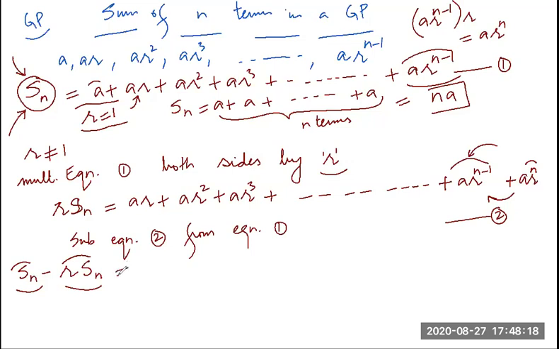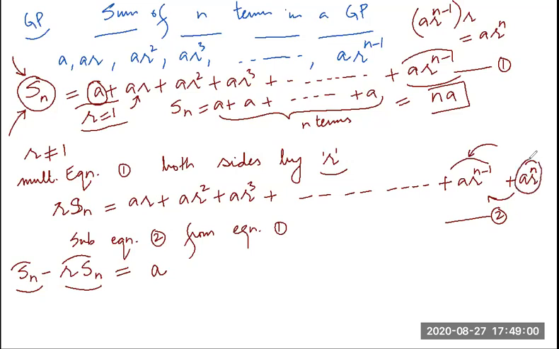Okay, is equal to. Now, students, see on the right side. Please answer this question: is there any A in the second equation? No. So A will not get cancelled. A will be like that. Now we will have this term AR. Here AR will get cancelled with AR. AR square will get cancelled with this. AR cube will also get cancelled with this. AR raised to power n minus 1 will get cancelled with the second last term. But this last term will not get cancelled.